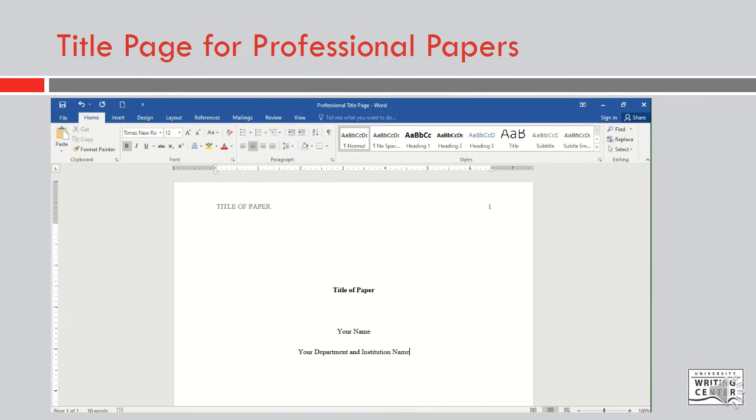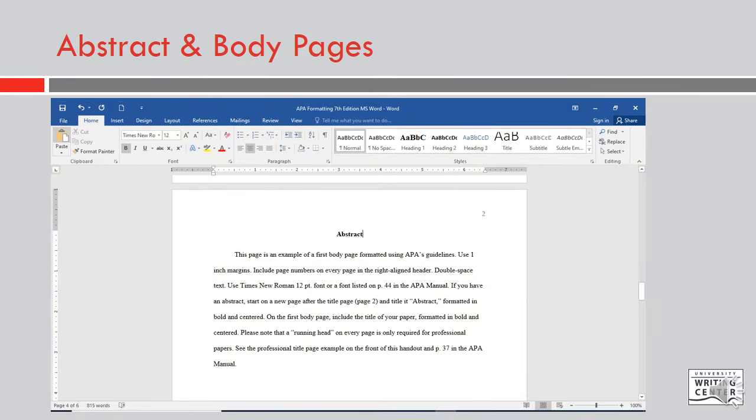And now you've formatted your professional title page. The next page after your title page will either be your abstract, if required, or your first body page. Both are formatted similarly, so I've grouped them together. Remember the formatting basics of 1-inch margins, Times New Roman 12-point font, double-spaced, page numbers, and a running head if